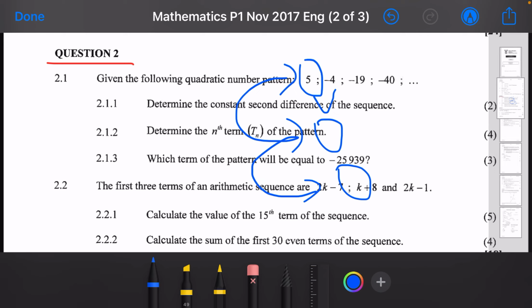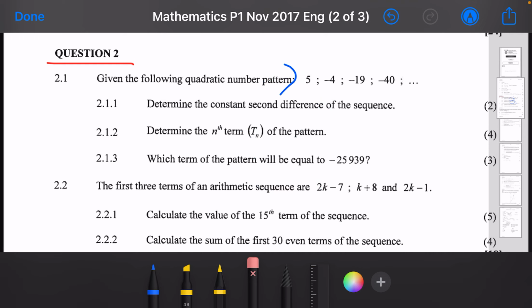So that's where you need to perform those calculations, ladies and gentlemen, and tell exactly what that common second difference is. By so doing, you score yourself 2 marks. Massively important, ladies and gentlemen. So please do make sure that you fully understand what the question wants you to do. Okay, so now question 2.1.2, determine the nth term